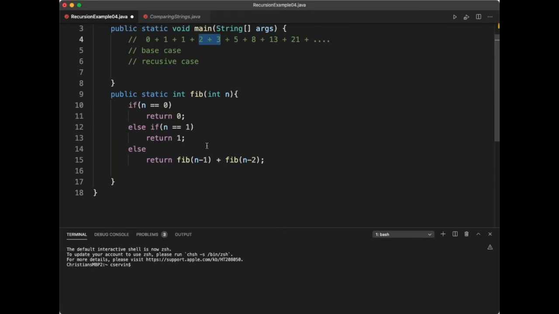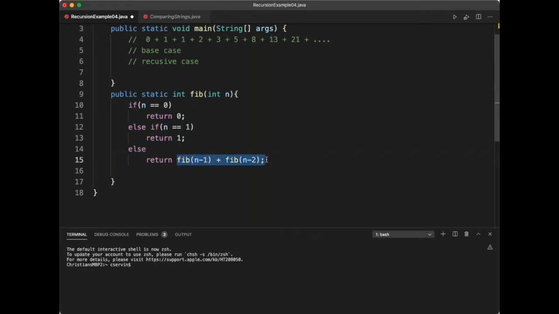So every time we have the two different calls, one from n minus 1, one from n minus 2, you will have to divide the computations. Now, notice how elegant the base cases are, because if n equals 0, there's no problem. We just return 0. If n equals 1, there's no problem. Just return 1. But the problem is that if it's not 0, if it's not 1, then we need